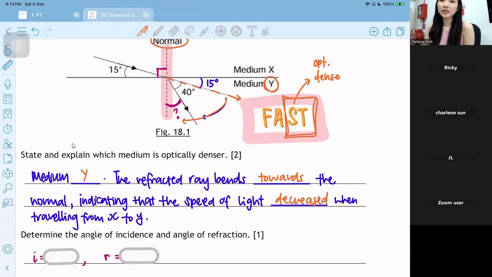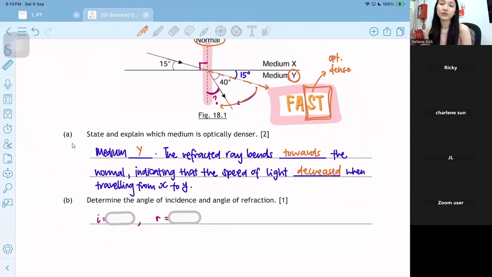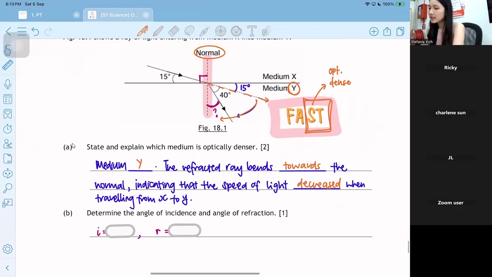Okay, so just check your answer. Did you guys get this? So the answering is always: which one is denser? Bend where, and then what happened to the speed? So these 3 points get you the full marks. Next,